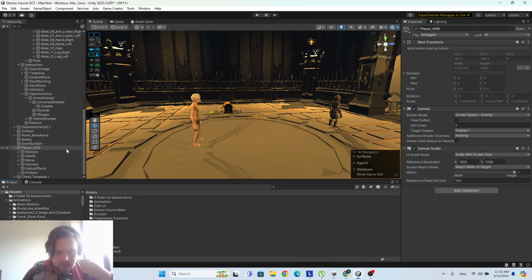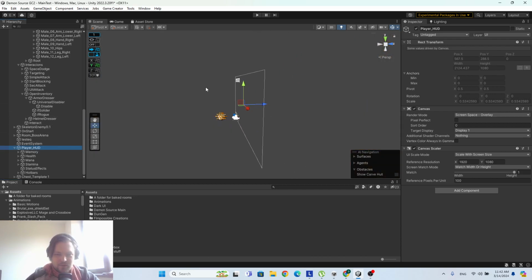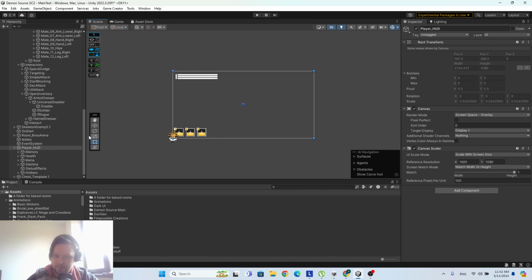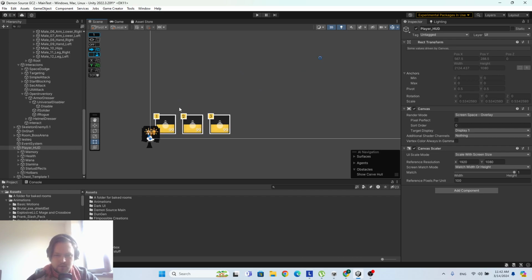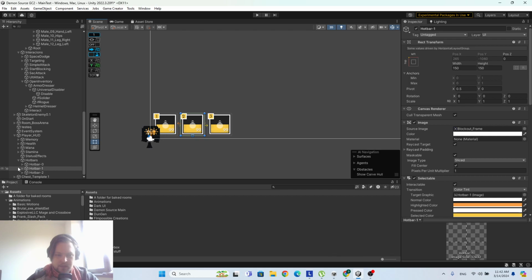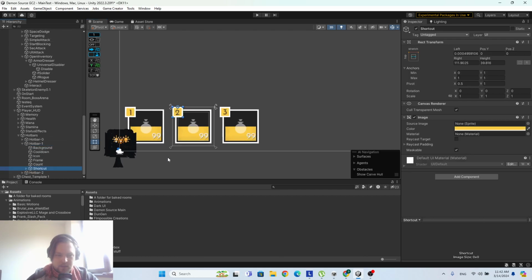But I just want to steal everything from Game Creator. I will steal a lot because I love how they made the UI here. It's clean and it's simple, but I need to adjust it. For example, there were bigger buttons with the hotbar. You can just move them when you want,